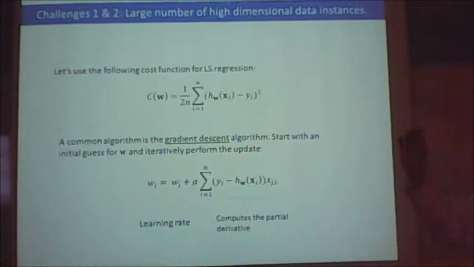You have a big bowl, and your objective is to move down to the bottom of the bowl where the minimum is. For a very small ant on a very big bowl, you can't see the end, you can't see the bottom part. So what do you do?